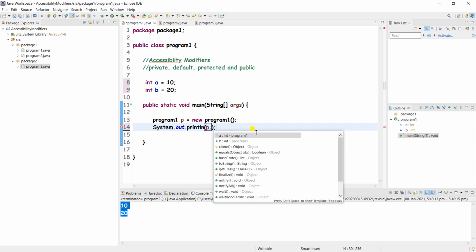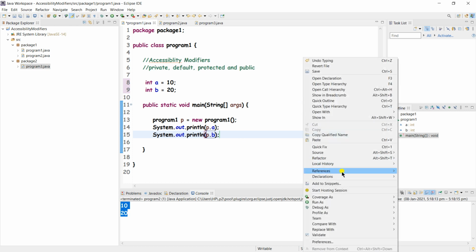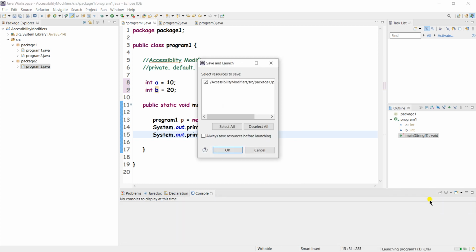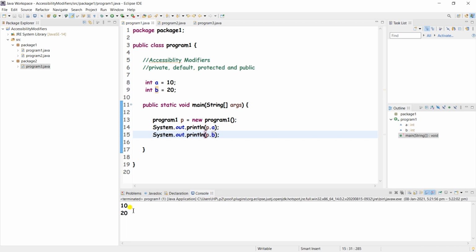See here, suggestions came, right? Here p.a, and again sysout p.b, right? So in the current class also we can access these default variables, and outside the class, inside the package. Here we go, 10 and 20 output came, right?